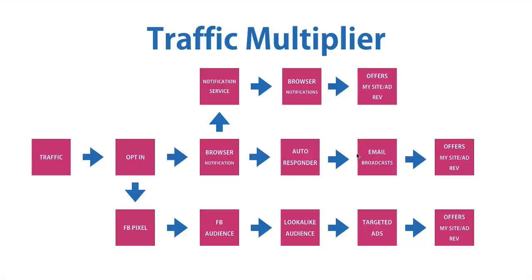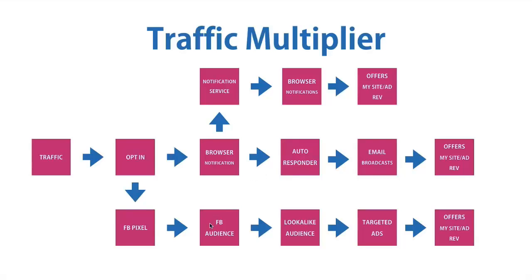But here's the magic, okay? At the same time, the very first opt-in, we're also going to be inserting our Facebook pixel. The Facebook pixel is a tool from Facebook which provides you with tracking information of everyone that visited that page. And you're going to be able to create an audience, and then from the audience, create lookalike audiences, and then send targeted ads to those people. So 100% of the traffic that you send to that initial page, you will be able to utilize, whether or not they opt in to the browser notifications, whether they opt into the email,